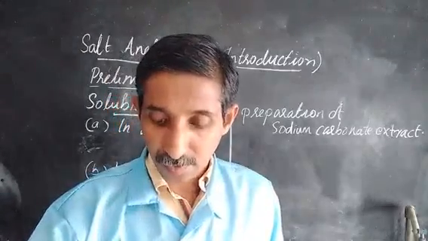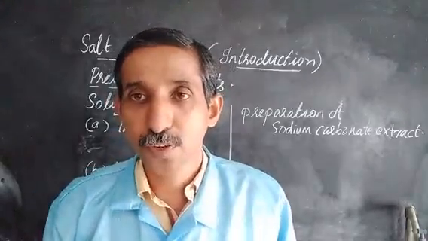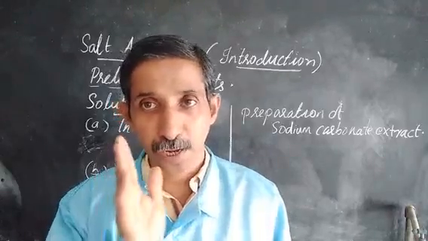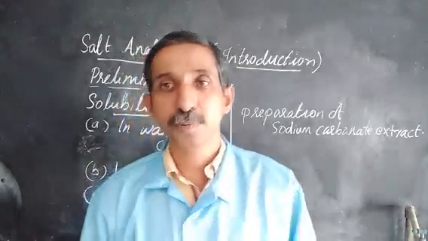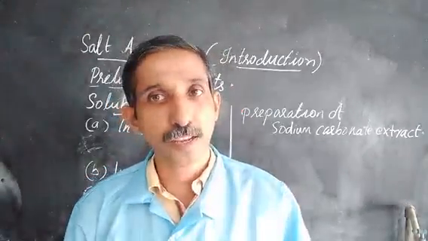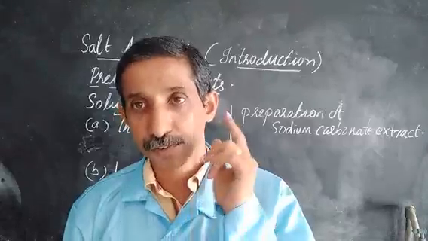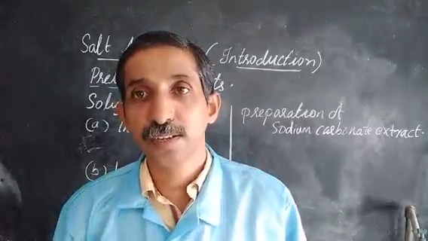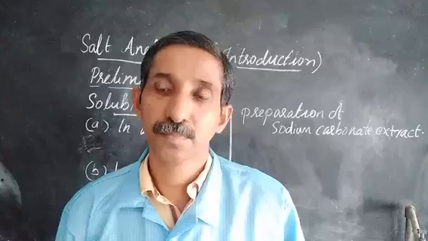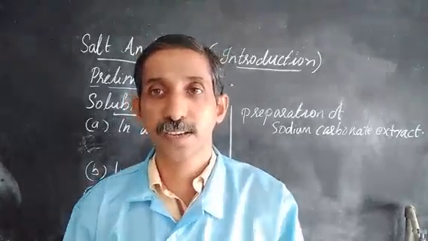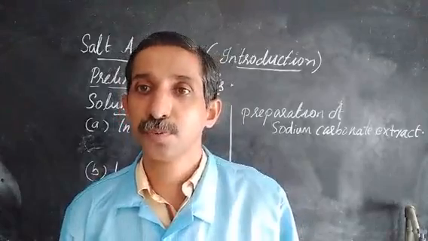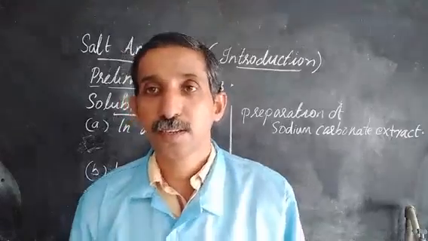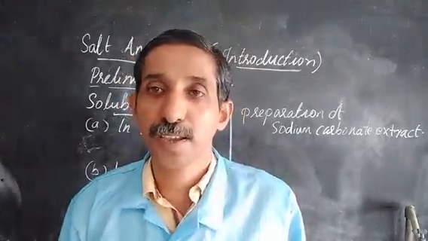Now we are done with the solubility. What we are going to do now is the preliminary test for anions. The preliminary test for anions includes mainly two steps. The first step is treating the salt, or mixing the salt, with dilute sulfuric acid. In some books you may notice that dilute hydrochloric acid also can be used, but it can at times be confusing, so it is preferred that sulfuric acid is used.